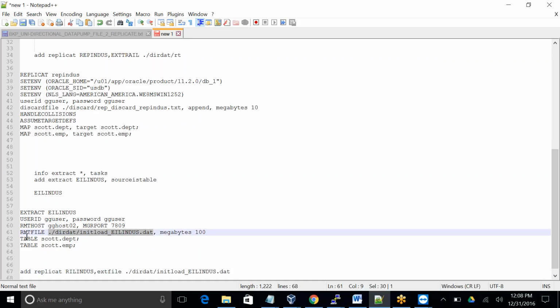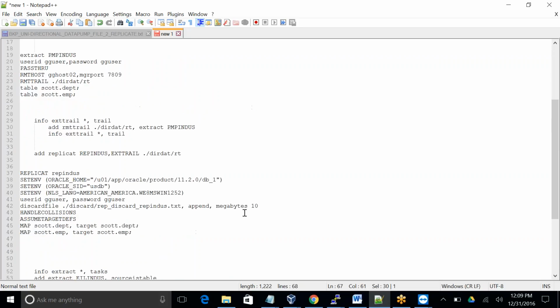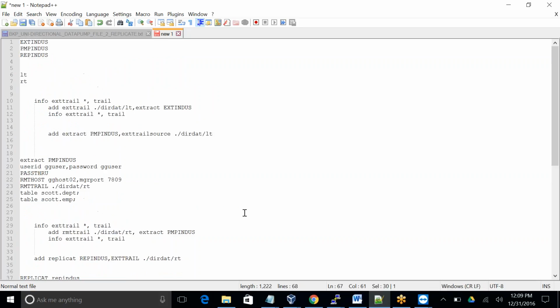Here I configured it as a remote file for the extract which is located in the source machine, and this file is a remote file for that. So that is the reason I created an RMT file over there. And for this replicate, this file is a local file, so I created it as an ext file. And if you compare the same thing over here also,